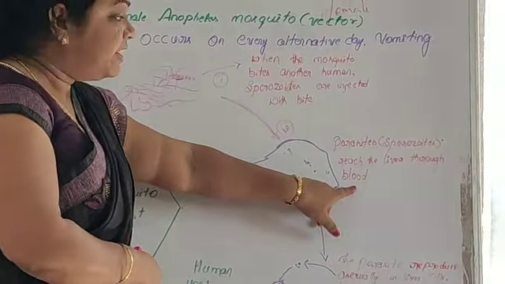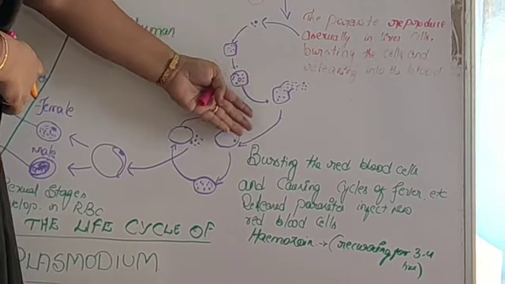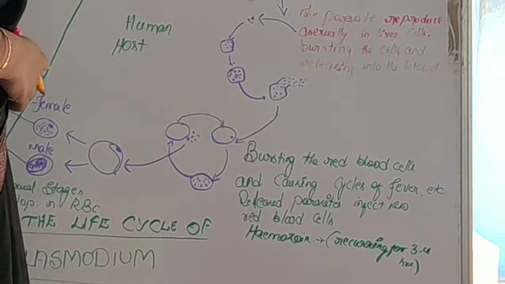In the third stage, what happens? These parasites, the sporozoites, reproduce asexually. You know what asexual reproduction is: without the participation of any gametes, they multiply with only a single parent. They multiply in number by mitotic division. The sporozoites keep multiplying. The parasites reproduce asexually in the liver cells, bursting the cells and being released into the blood.